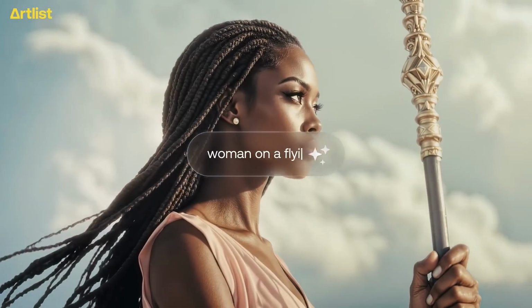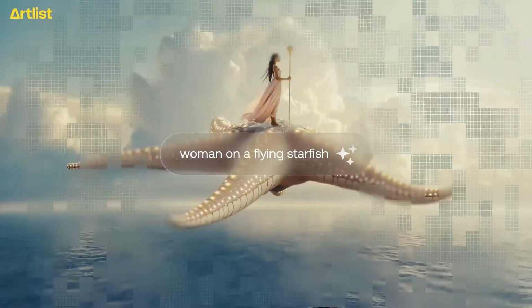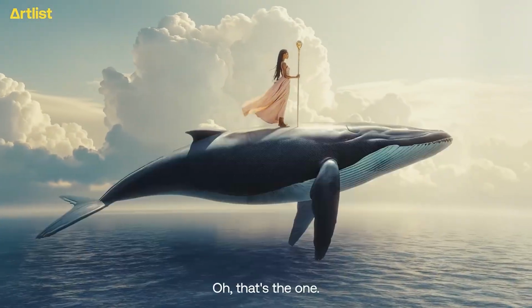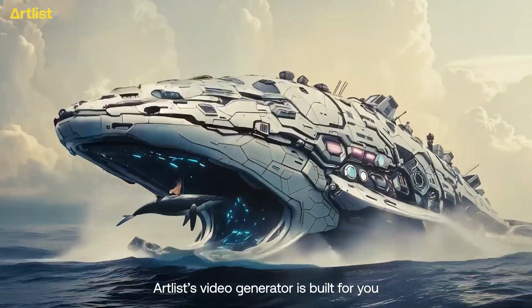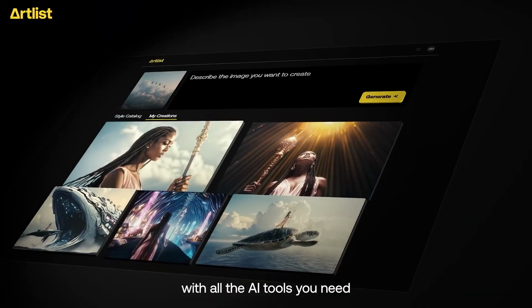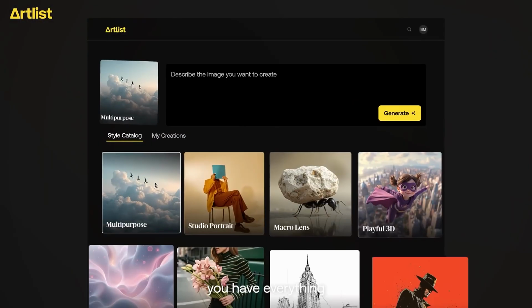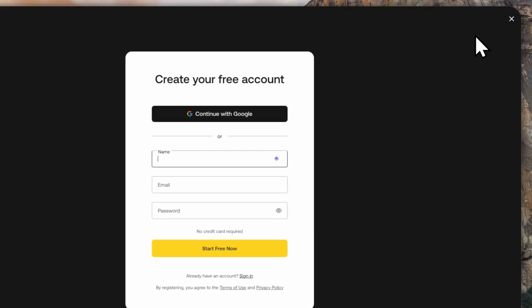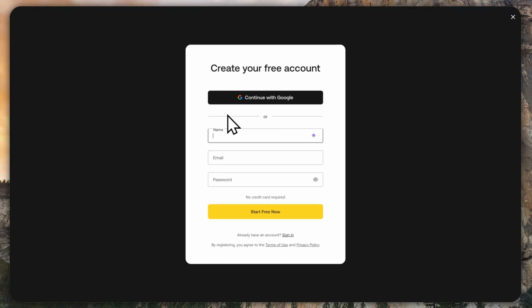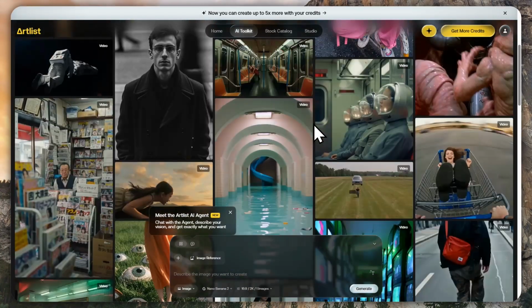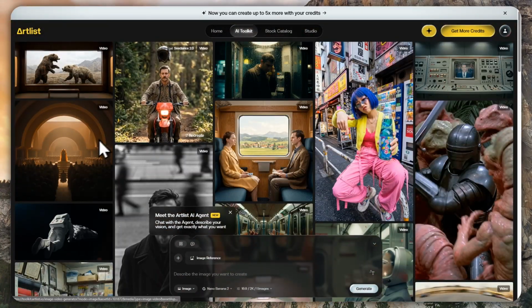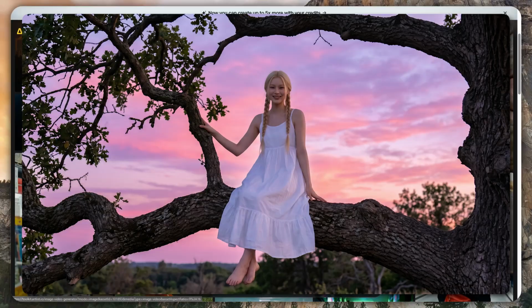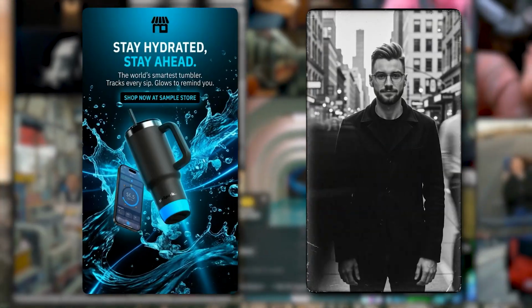Artlist is an all-in-one creative platform that combines AI tools, licensed stock assets, and a full production studio. In this walkthrough, I'll guide you step by step so you can see exactly how it works. We'll start with account setup, so you're ready to log in and access the workspace. From there, I'll show you the AI toolkit, where you can generate images, videos, voiceovers, and even music with powerful